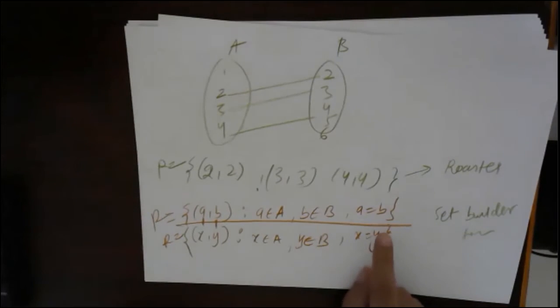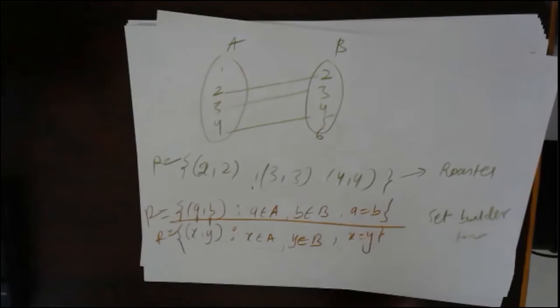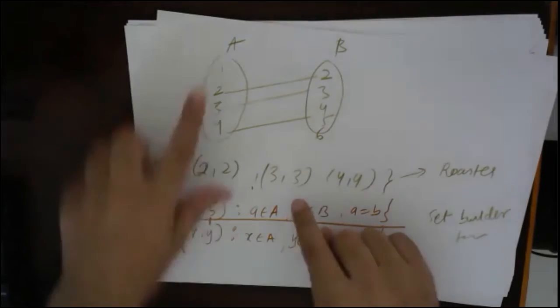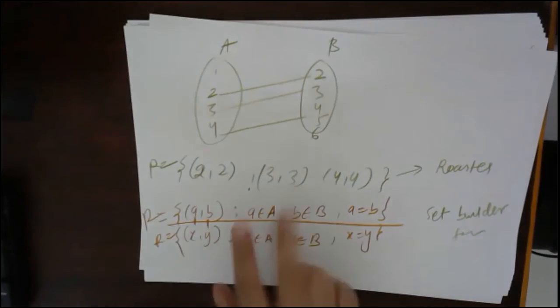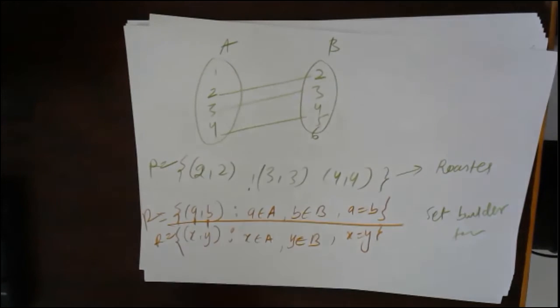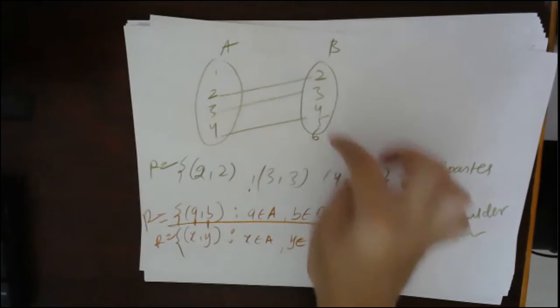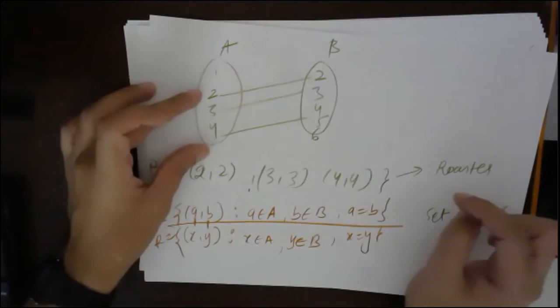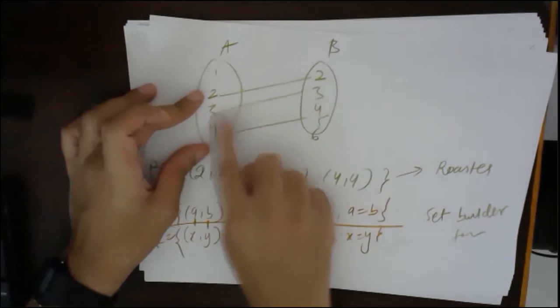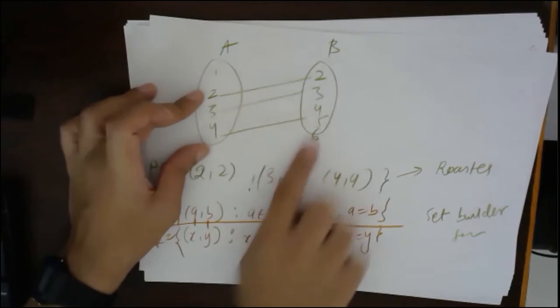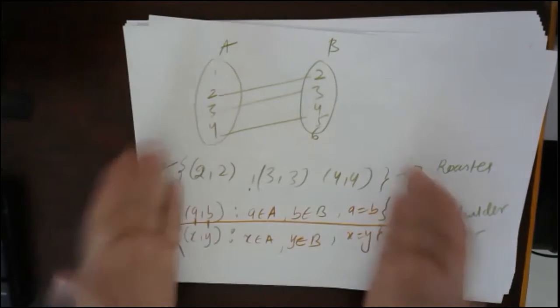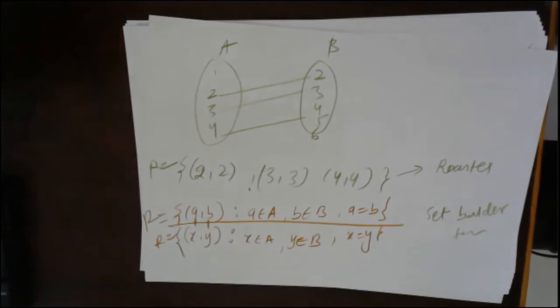Yeah, but see, boundary here, why do we not need a boundary? Because this A and B are already bounded. A and B are themselves bounded sets. A has 4 elements, B has 5 elements, right? And only these elements will come when they are equal: 2 with 2, 3 with 3, 4 with 4. One cannot be linked with any other. So this already has a boundary of itself. We do not have to describe any separate boundary. I will give you a few more examples. Don't worry. Okay. So let's see.